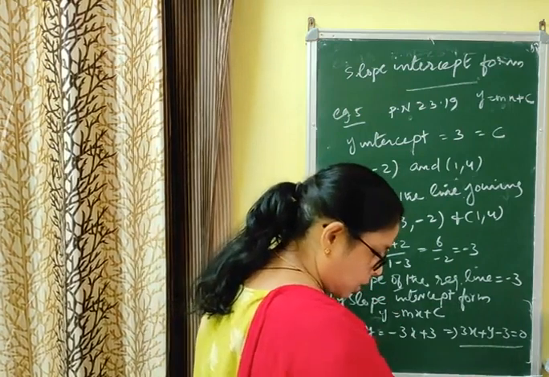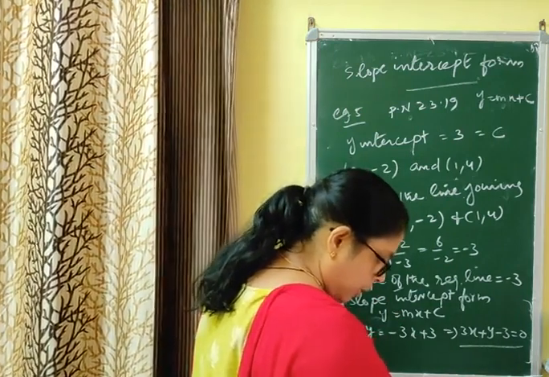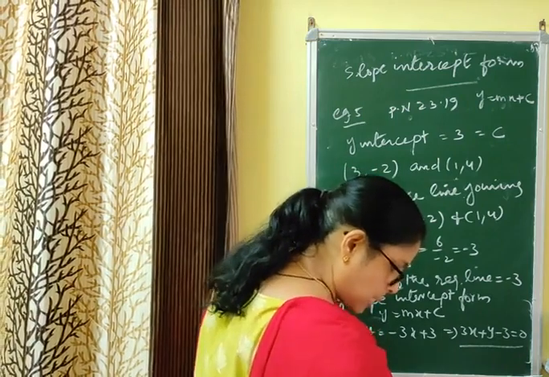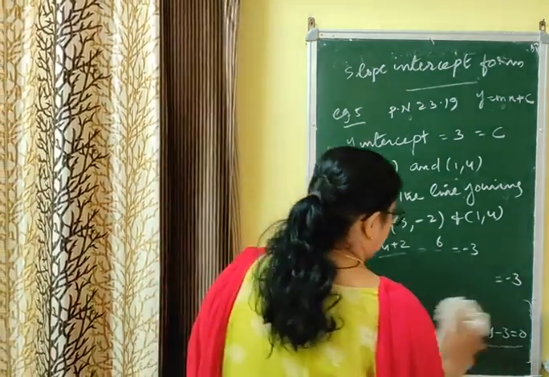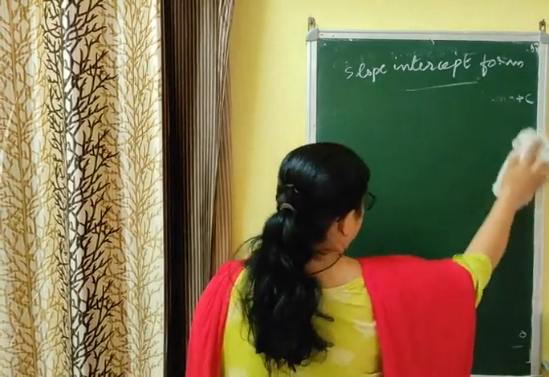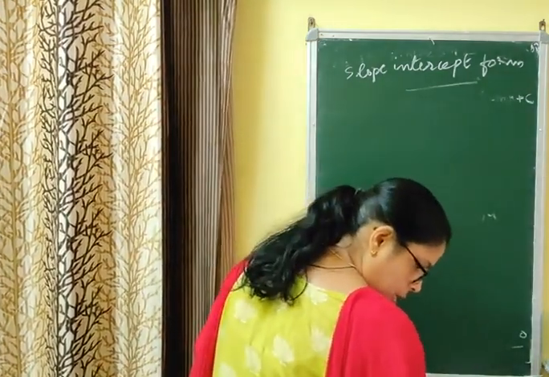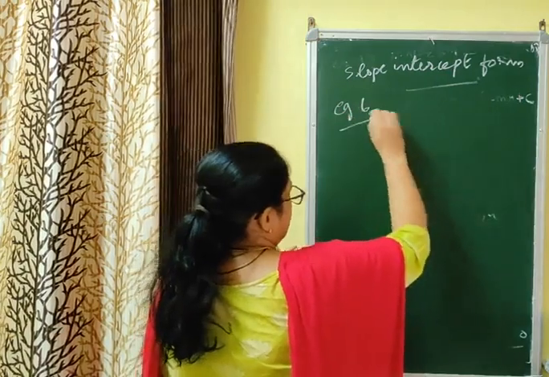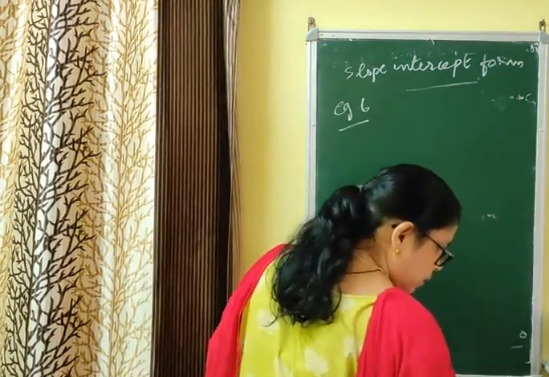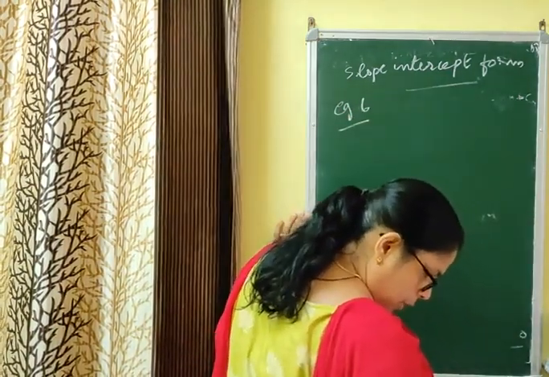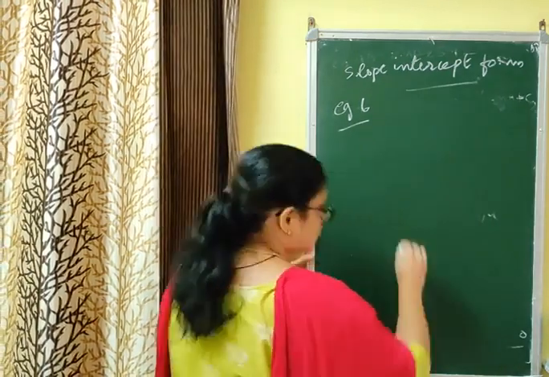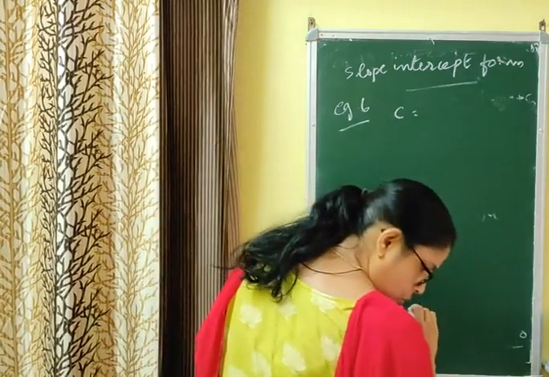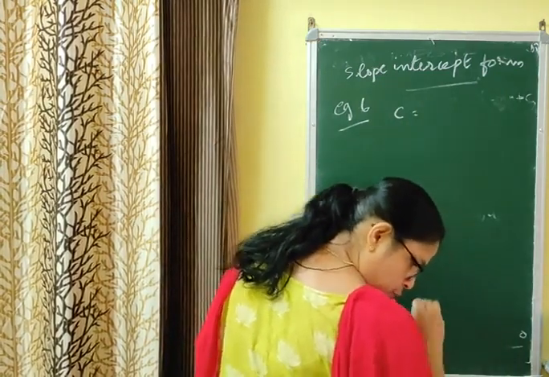Next question I am going to do, I am reading. Find the equation of a line has y-intercept 4, just like this one. Here the parallel condition is given. Next question, perpendicular condition is given. This is example 6. The previous one was example 5. Equation of a line whose y-intercept, y-intercept means you are given the equation y equal to mx plus c. c equal to 4 is given.